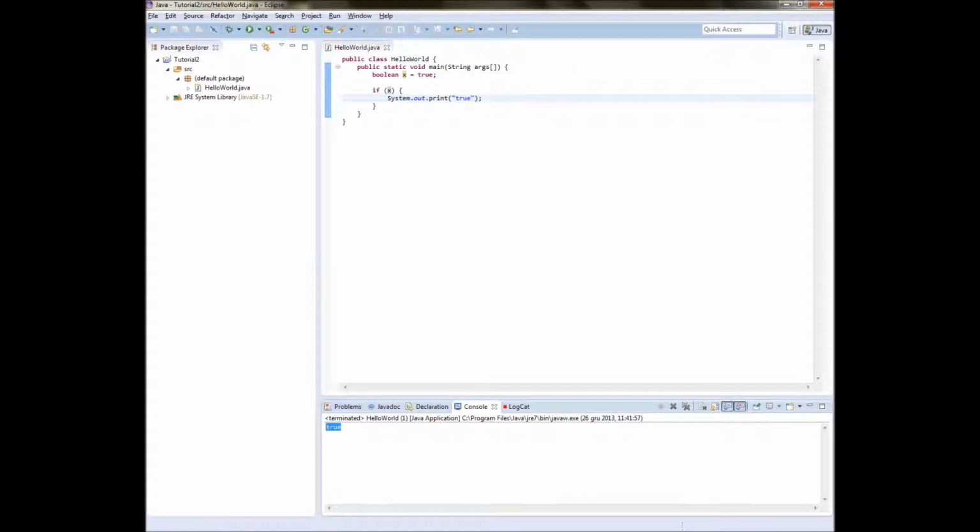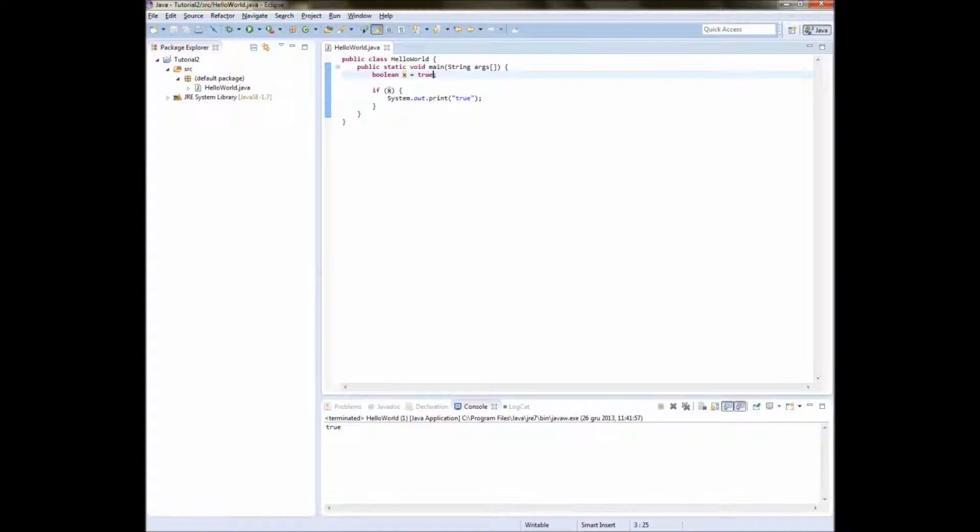You'll see that it's worked. But what if we wanted to test if this Boolean variable isn't true? Let's say we assign false to our Boolean variable x. Now what we'd have to do is put an exclamation mark in front of our x variable, and now this tests if x is false, because